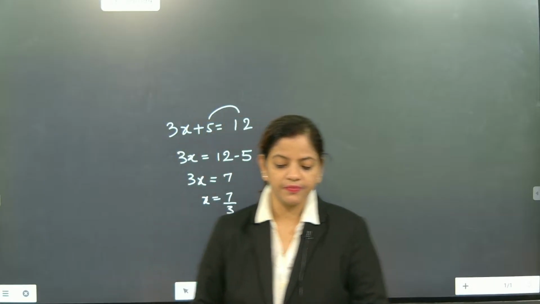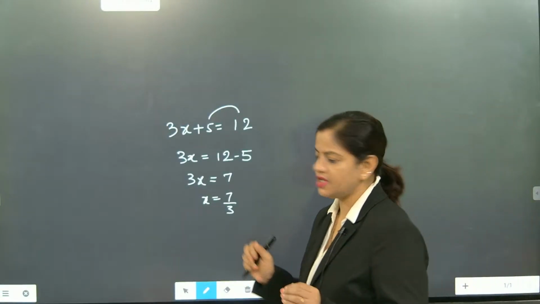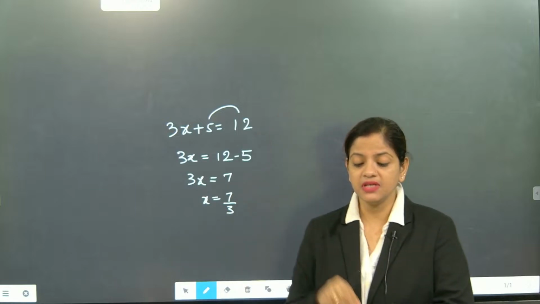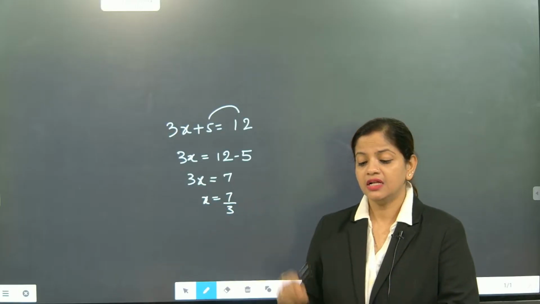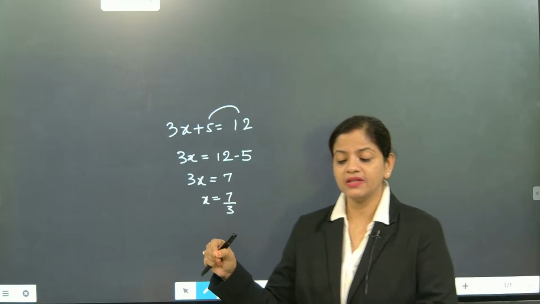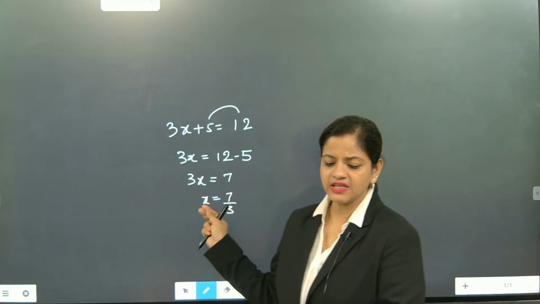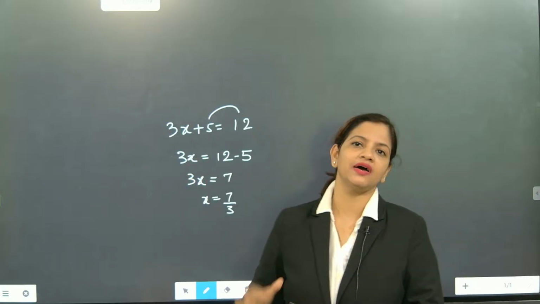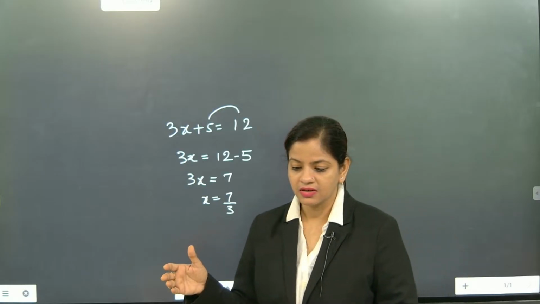Everyone? So look here, beta. Whenever you write x is equal to 7 by 3, the meaning is that the value of x is 7 by 3. That means 7 by 3 is the solution. And whenever you write 7 by 3 instead of x, LHS will be equal to RHS. That's the most important thing. Here LHS,